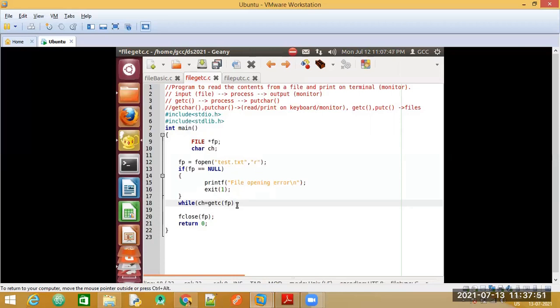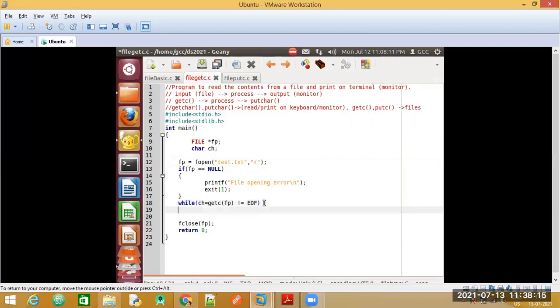So for that we will write while ch is equal to getc of the file pointer is not equal to EOF. So we will read till the last letter. Once it becomes equal to end of file, the contents are over.